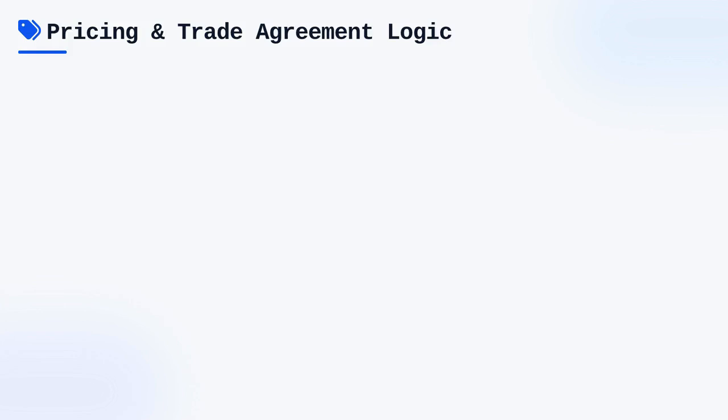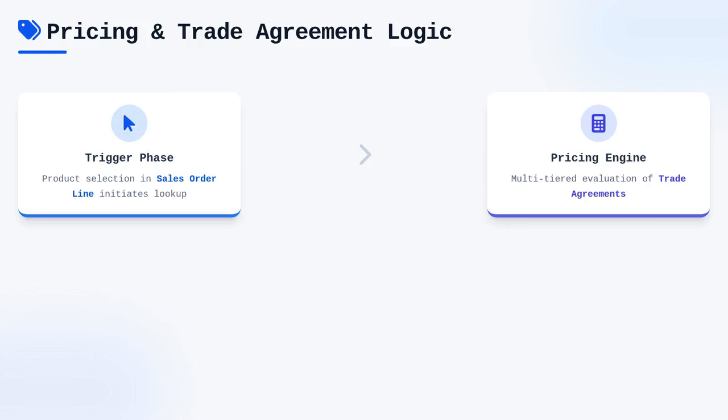Managing pricing and trade agreements requires a precise understanding of how the application performs lookups during the creation phase. When adding line items, Dynamics 365 automates the pricing logic by evaluating trade agreements, which allow for multi-tiered discounts based on combinations of products, customer groups, and date ranges. These agreements act as a lookup table that the engine queries the moment a product identifier is selected in a sales order line. It is a deterministic process that considers quantity breaks,